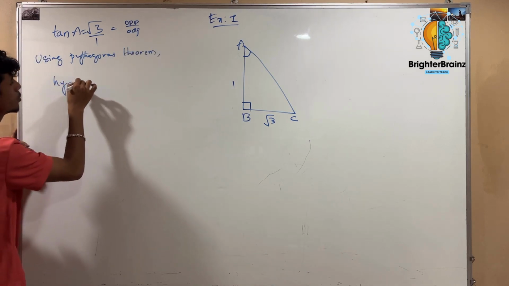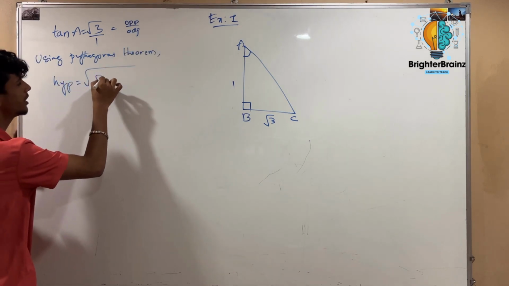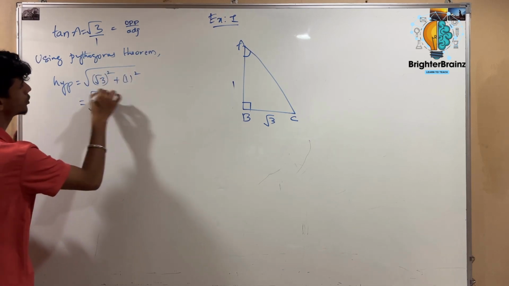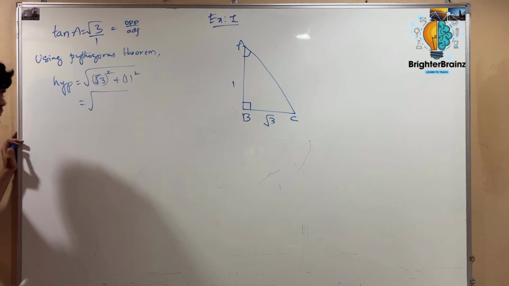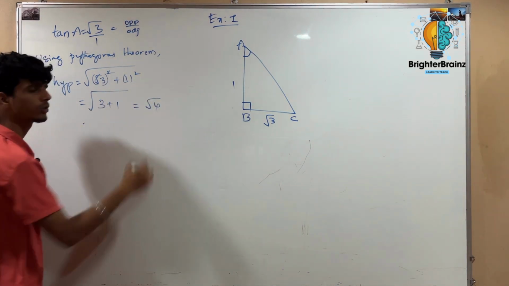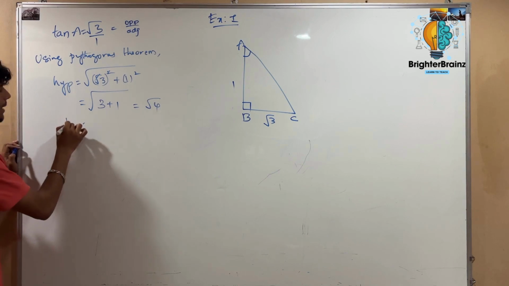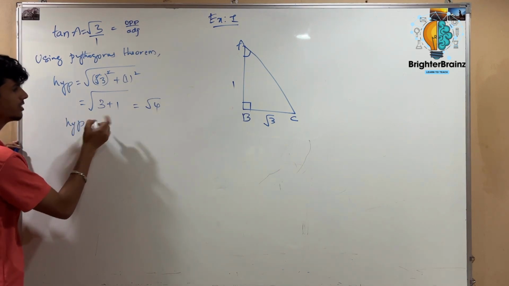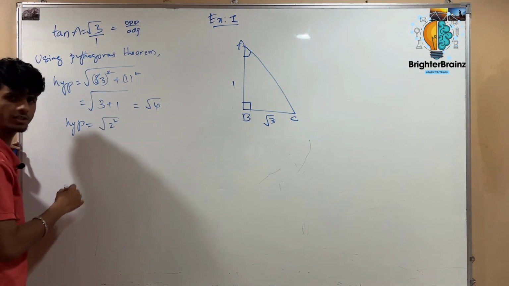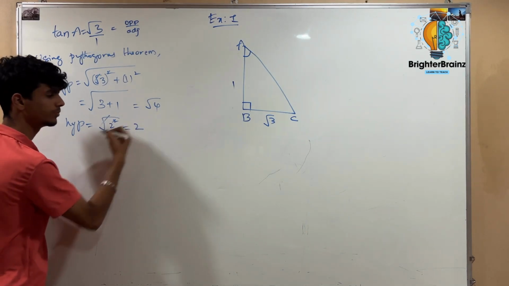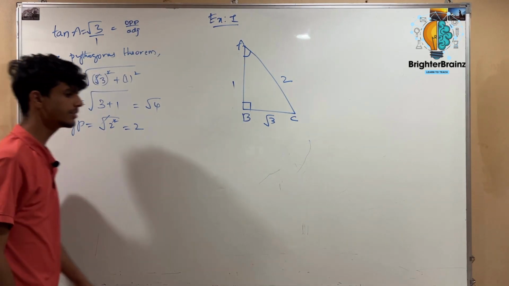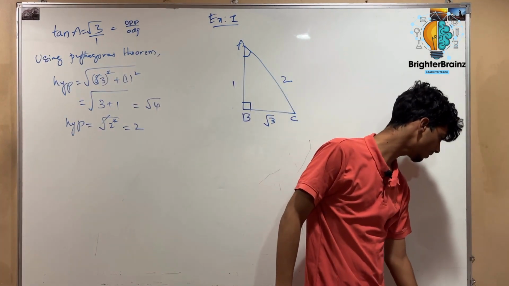hypotenuse is equal to root over (root 3 whole square plus 1 whole square). Now the root over square will be cancelled out. Then 3 plus 1, that is root 4. Then hypotenuse is equal to, what is the value of root 4? Root over 2 square. Square and root will be cancelled out, 2. So hypotenuse is 2. Very good. Now he is asking that